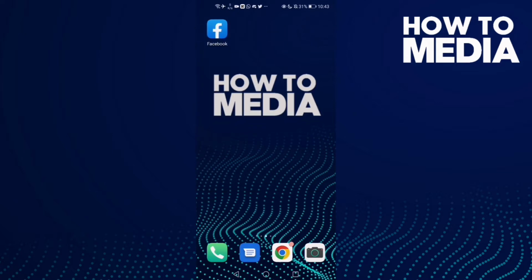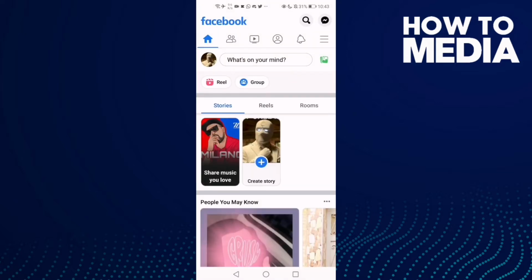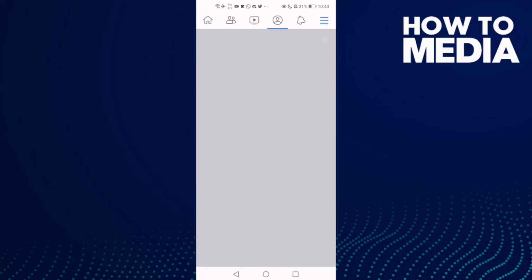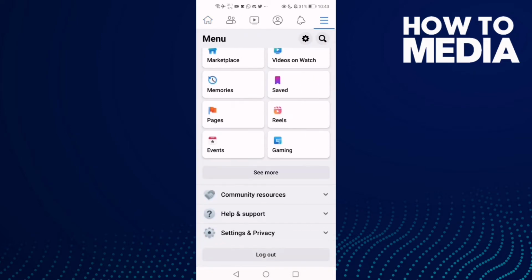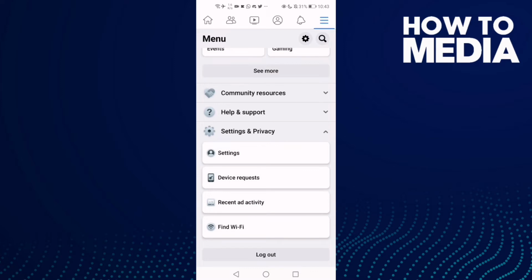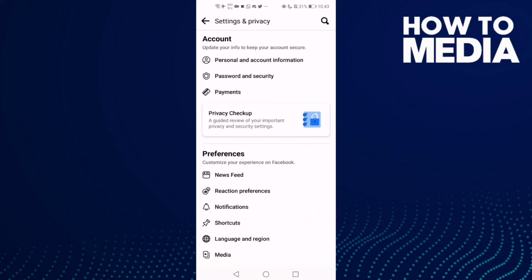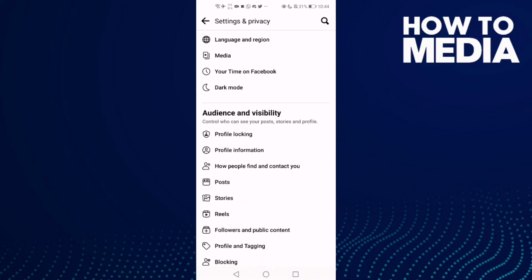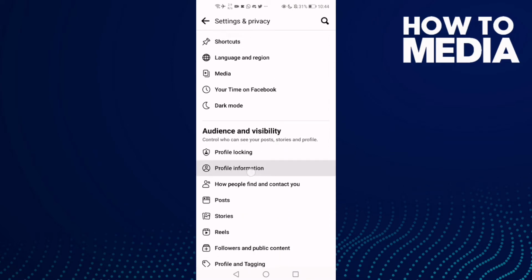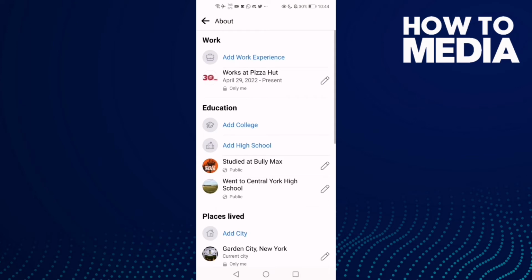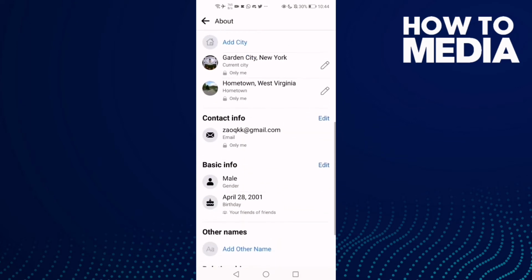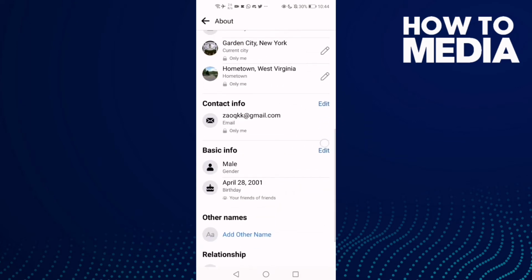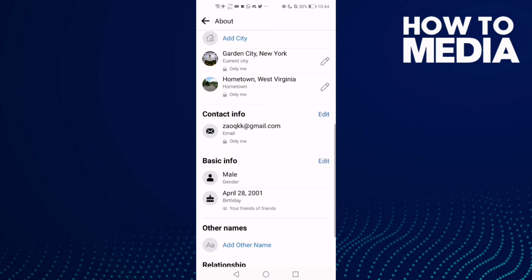First thing you're gonna do is go to Facebook and now click these three lines here and go down until you find settings and privacy and click on it and you will see settings, and then go down and you will find here this one, profile information. Click on it and go down and click here edit, on basic info click edit,